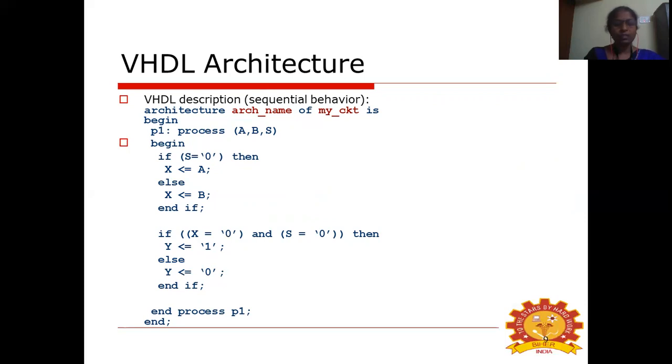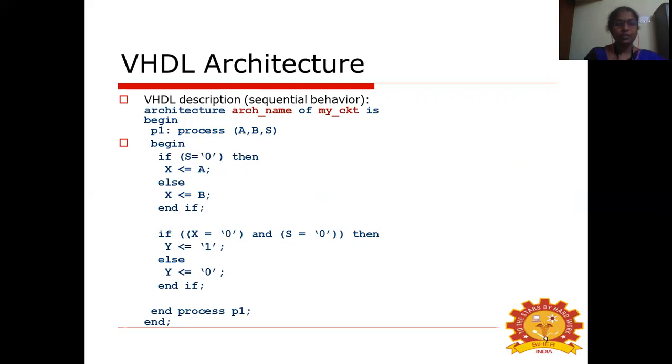The process has, within parentheses, whichever signals' events change within the program. This we call a sensitivity list. For process, you will have begin and end process.